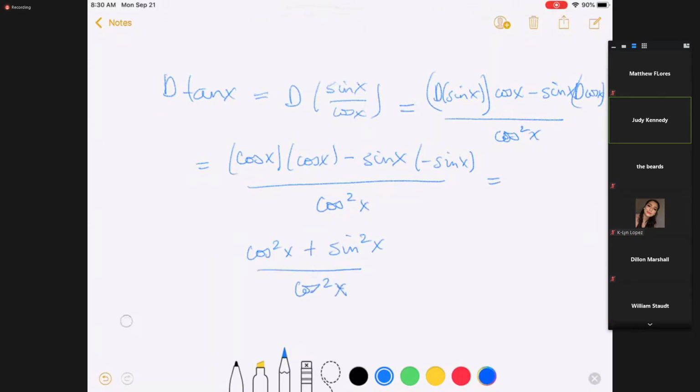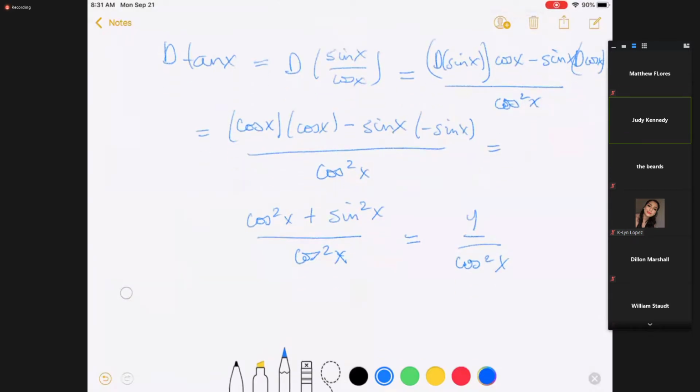And what's cosine squared of x plus sine squared of x equal to? 1. Another identity. So the derivative of the tangent function is 1 over the cosine squared, but 1 over the cosine is the secant, so you can also write it as the secant squared of x. Okay, and then the